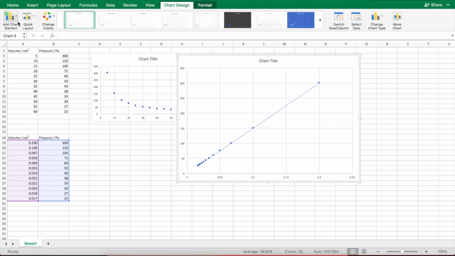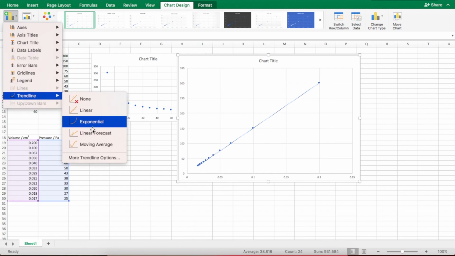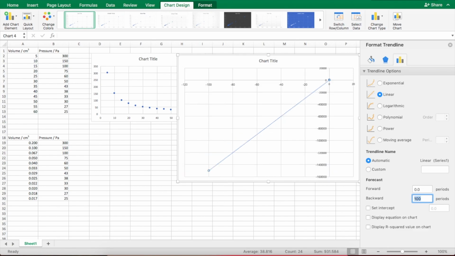And what we're going to do now is we're going to format that trend line. Okay. So I need to go to more trend line options. And if you have a look, Dr. Musket, over here there is moving the line backwards and forwards. Now I want to move it backward. And how would we know how far to move it backwards? Well, if you look, if I set it now to moving it backwards 100, yep, I'm going to get completely the wrong graph. Yeah. But I want to move it